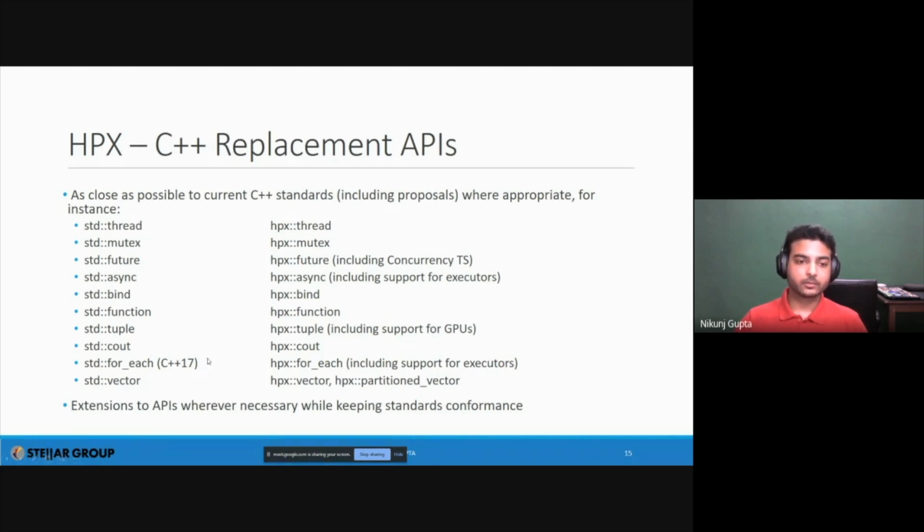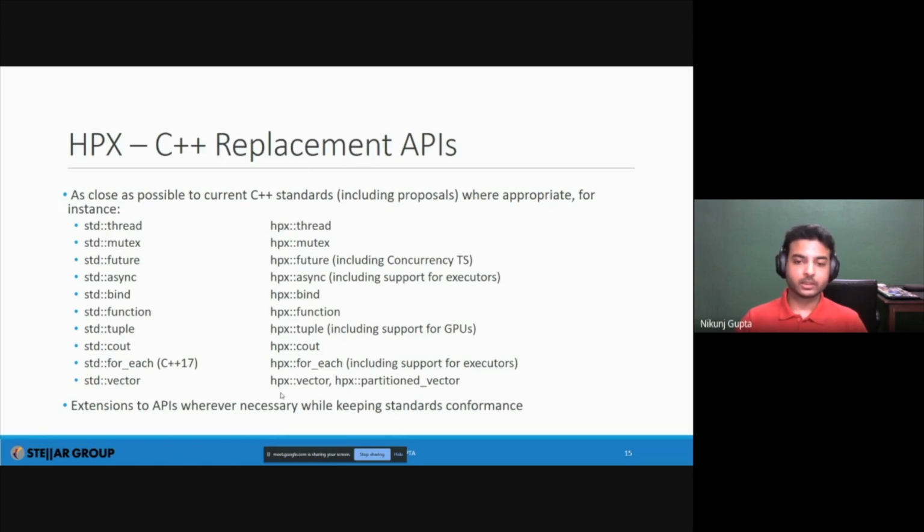Similarly, we need to re-implement tuples because we need to support GPUs. We re-implement cout because, since you have HPX code running on a lot of localities, you may want to get the output on one of the consoles and not on the other localities, and so on.